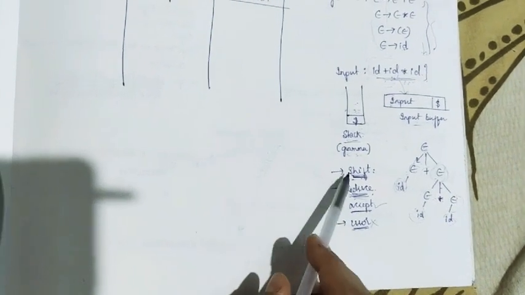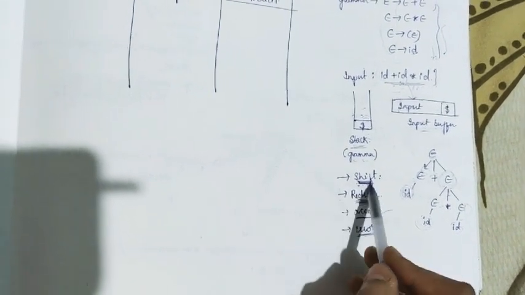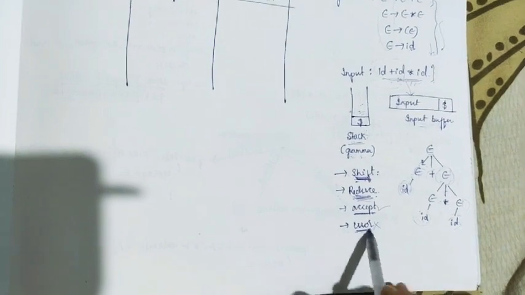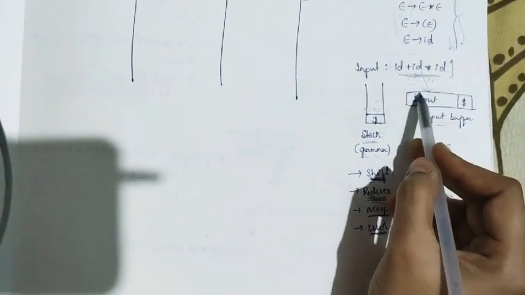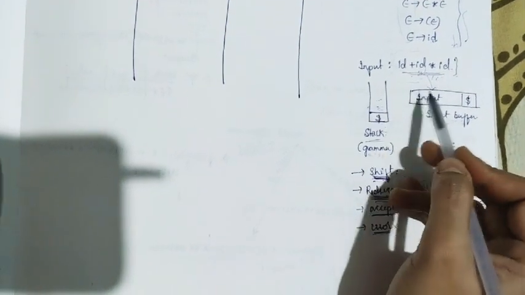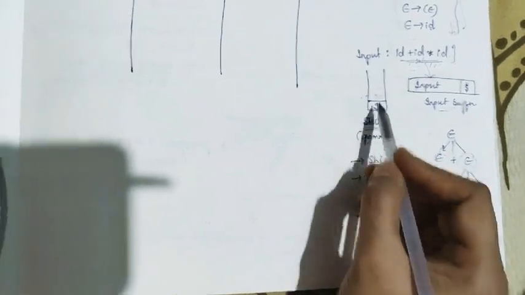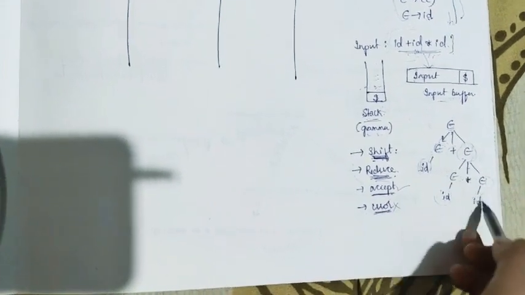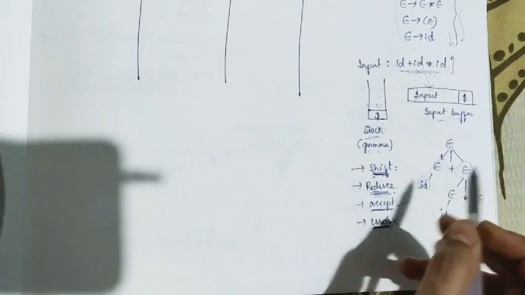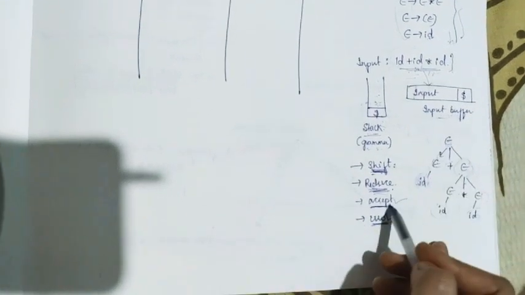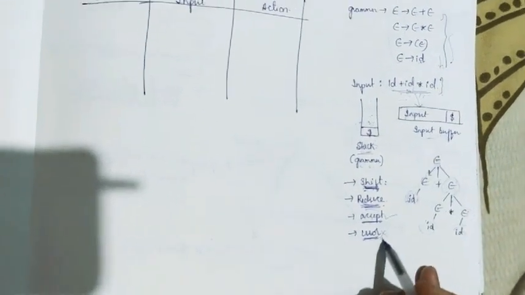So basically there are 4 steps here. One is shift, one is reduce, one is accept, and one more is error. Shift is nothing but the input, token by token, being passed from the input buffer onto the stack. So that is, we'll be doing the shift there. And reduce is nothing but we will see if the tokens that we have passed can be reduced to the start symbol. After doing this, we will either accept the string if we can get the start symbol out of it, or it will throw an error.